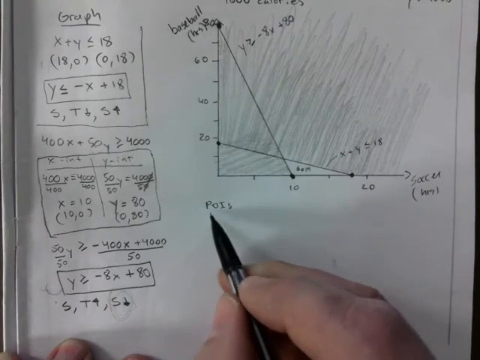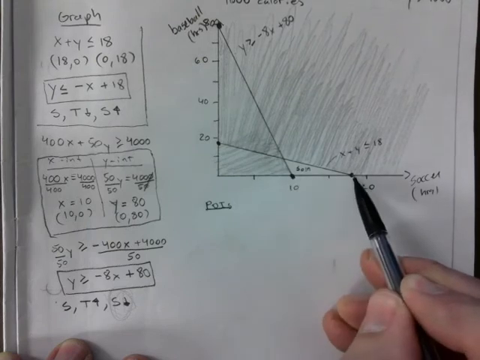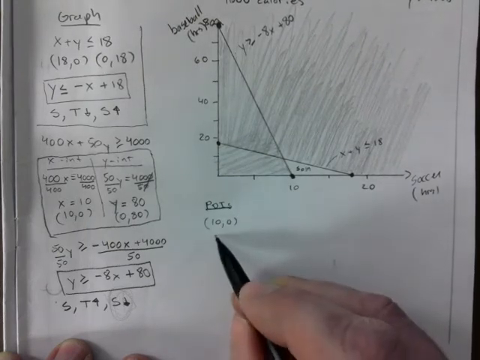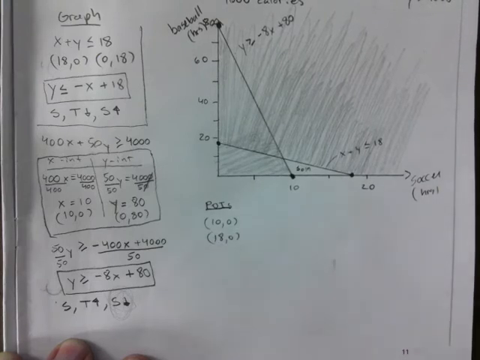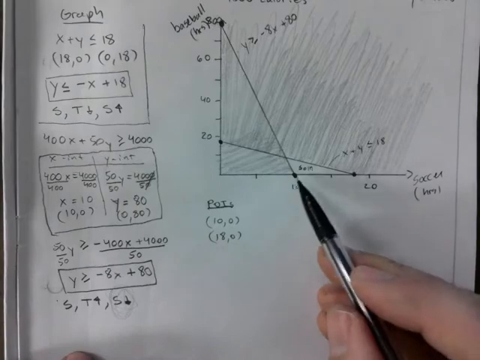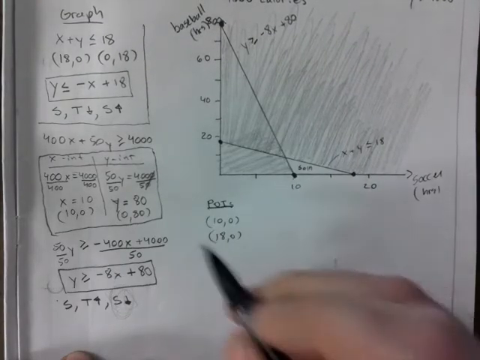In this case, we have 3. You can read these right off the graph. So 10-0 and 18-0. Most of the time you'll have at least a couple that you can just read off the graph. You don't have to, right? Because you already did the work. You know exactly where these points are. So read,